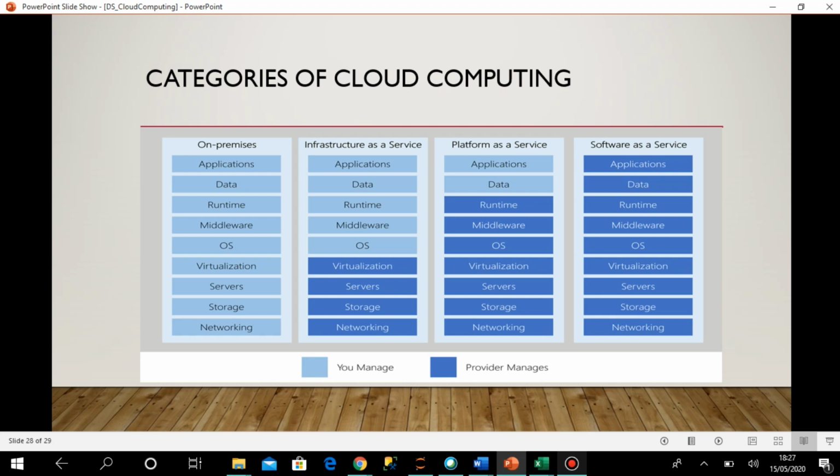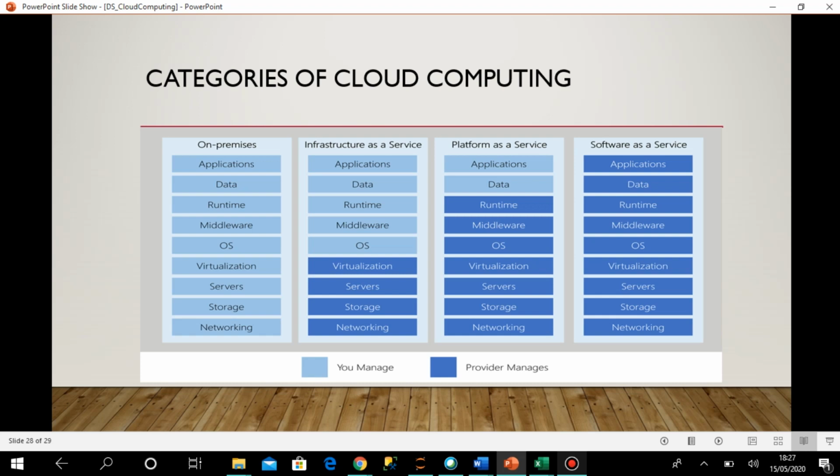In the case of IaaS, I get the entire machines, and they are well connected through networks. Based on my requirement, whatever operating system I choose, I need to install the operating system, then all the middleware and runtime. Then I will install SQL Server, and whatever application I create, and the data, I will manage on the machine.